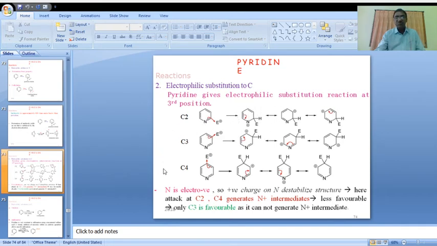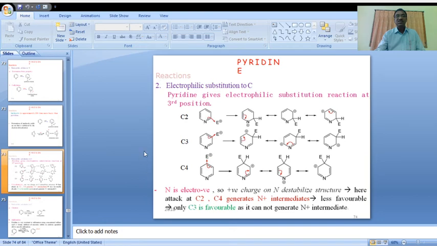Next we will go to C4. In C4, this is the first structure, there is no positive charge. But in the second structure, the nitrogen atom, the heteroatom, has a positive charge. This structure is an unstable structure. Due to that reason, attack of electrophile on C4 gives only two structures, not three, only two